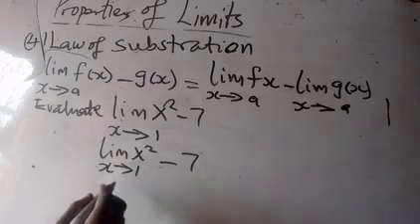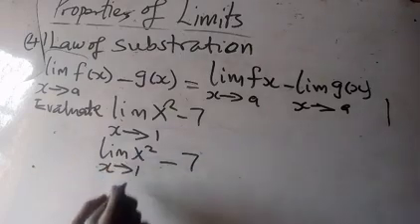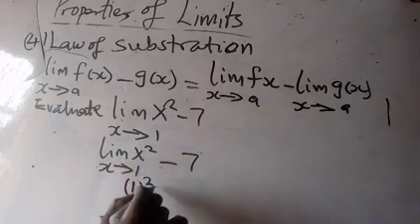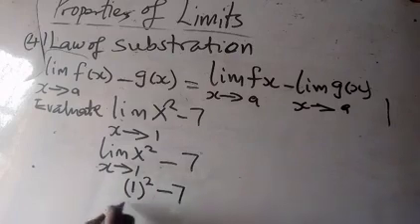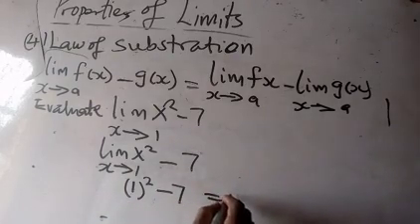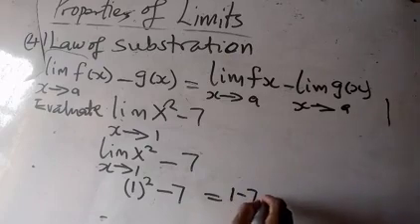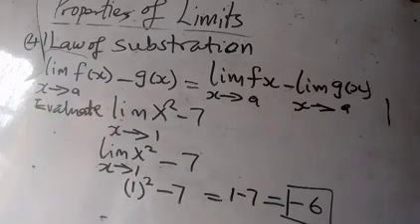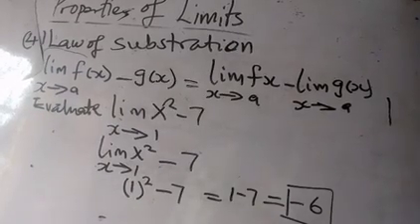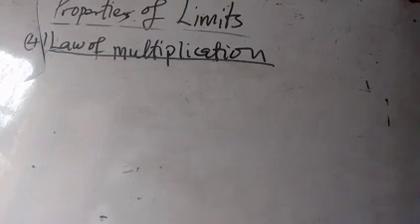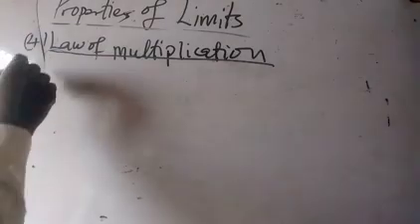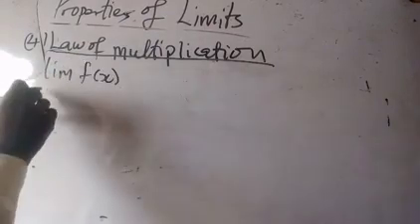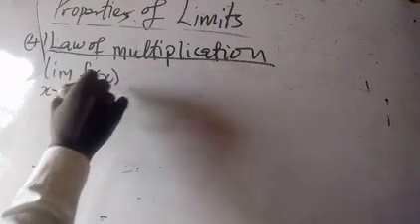Then what do we have? We substitute 1 into the value of x. We have x raised to power 2 minus 7, and it gives 1 minus 7. Our final answer is minus 6. Final answer is minus 6. Let us look at the law of multiplication, where we have limit of f of x as x gets to a